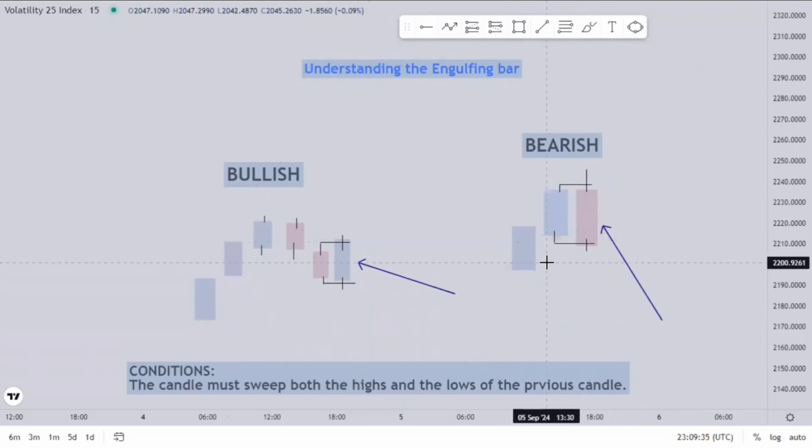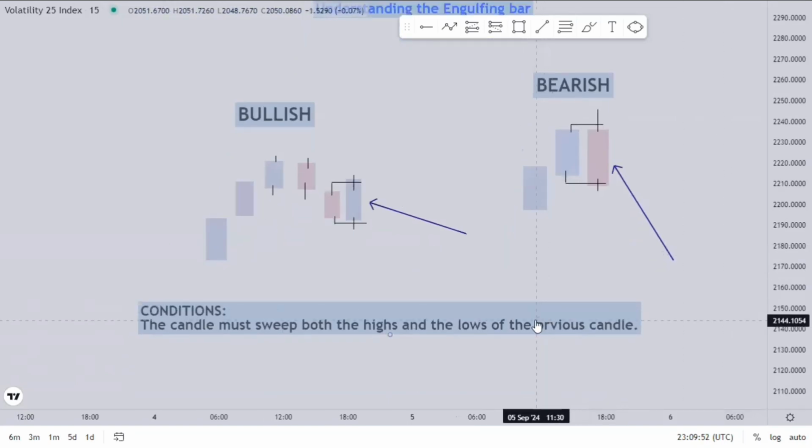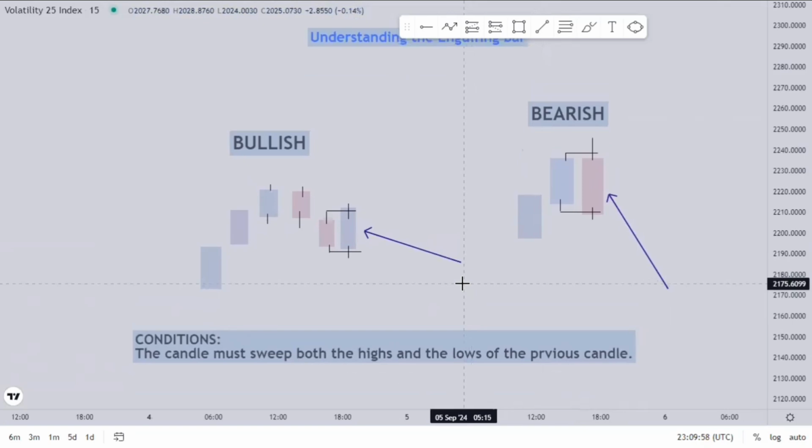And we have a rule. In Forex, everything you do must be systematic and you must follow the rule strictly. And this rule is just one, simple and concise. What then is the rule? That is the condition here. This particular engulfing bar must sweep both the highs and the lows of the previous candle. Once you sweep both the highs and the lows of the previous candle, feel free to execute that trade